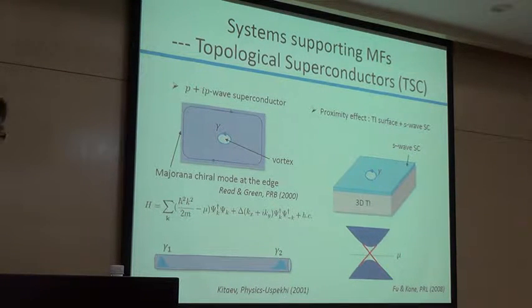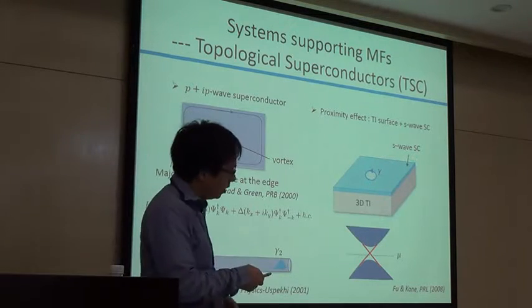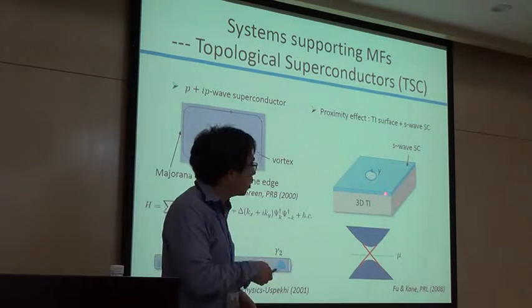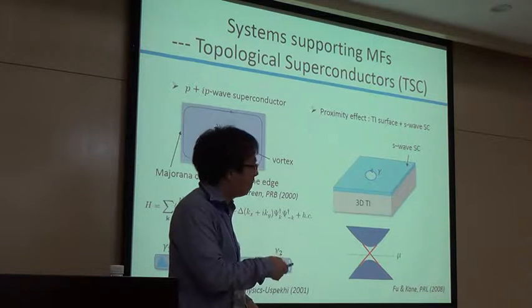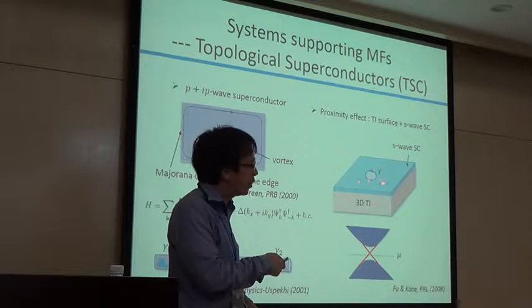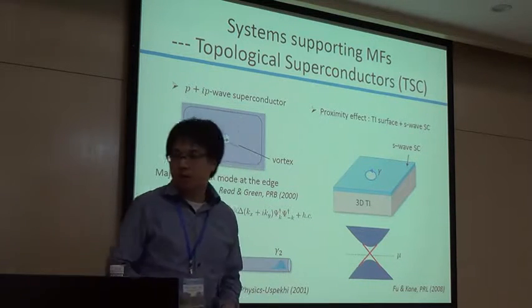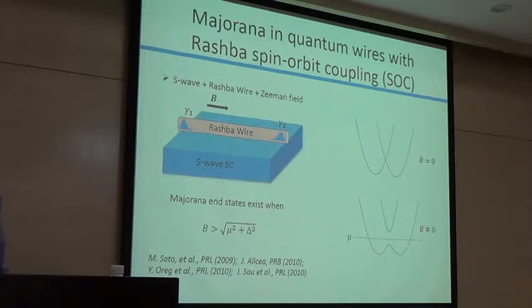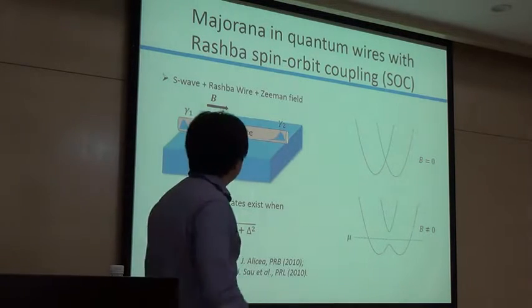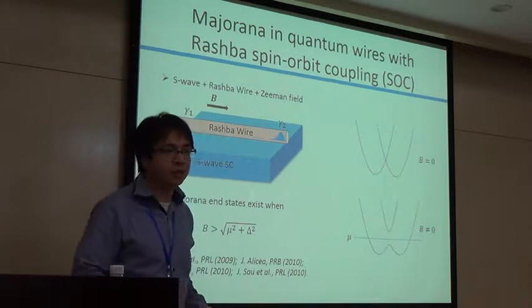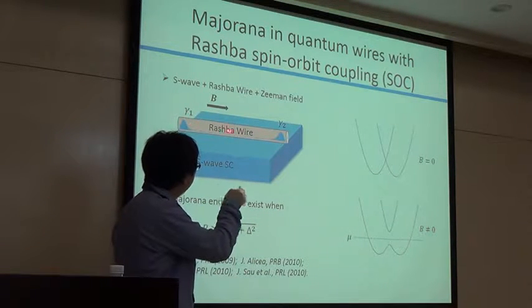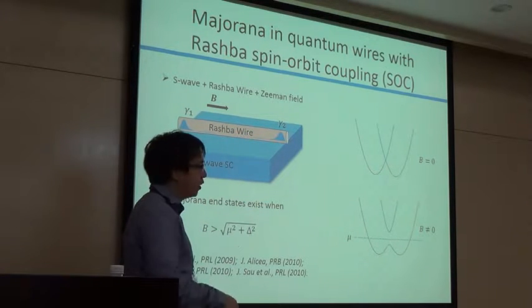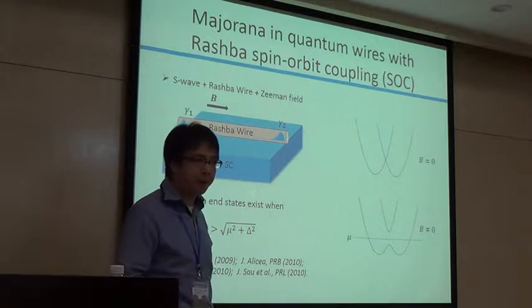So that's very important. Actually, you will see, if you look at the literature, there are lots of people, even now, in recent years, a lot of people trying to search for Majorana fermions in this system. So there's another system which is related to spin-orbit coupling, and people also propose that if you have a wire with strong spin-orbit coupling.